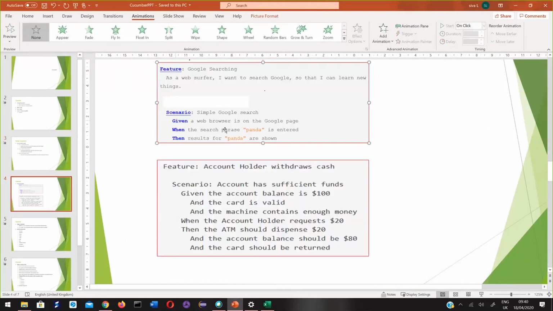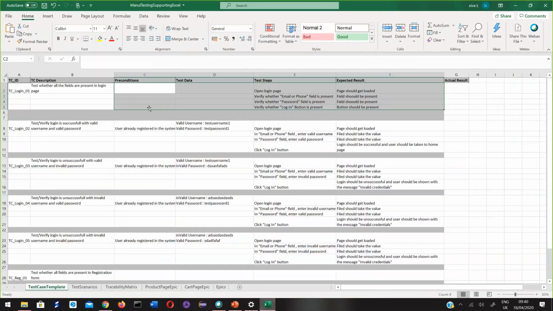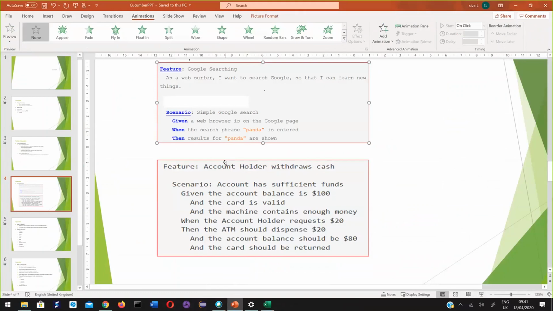Don't you think this is a plain English language? It is. Yes. So now, every test case can be put in a feature file as a scenario using plain English. Every scenario has multiple steps.